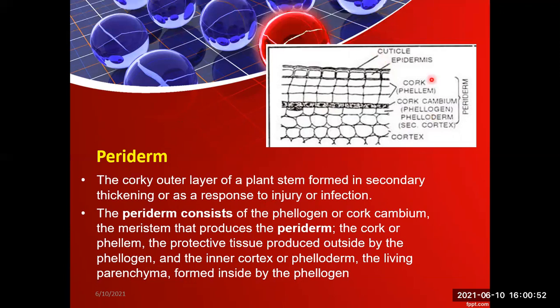It means that when the cuticle as well as the epidermis of the tissue system of the stems disintegrate, or when they become older and functionless, then the periderm protects the plants. That is a very thick, 3, 4, or 5 layered tissue system having three types of cells: the phellem, the phellogen, as well as the phelloderm.